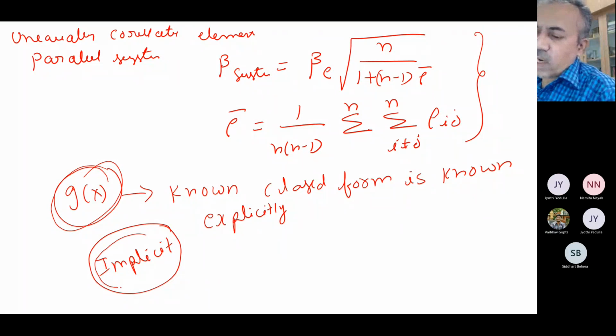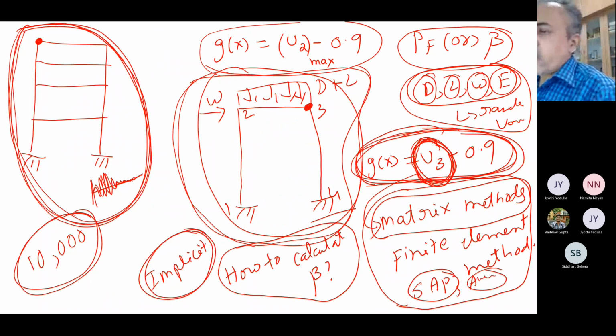But if the performance function is not known, say, implicitly known, how do we express these things, okay? I already told you this is a very practical problem. Most of you may be building structural models in finite elements, or maybe you would have used some numerical methods. So if you look at the displacement at a node or whatever, you will not be using any closed form equation; you would have been doing some FEM. So we don't have any closed form expressions for these performance functions. So how do we calculate the reliability was the question, okay?